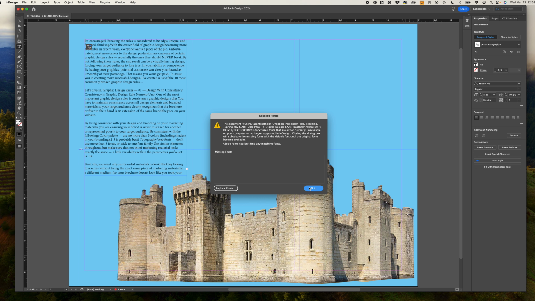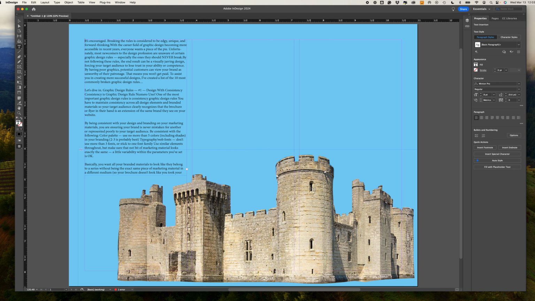And we're going to ignore the warning for the missing fonts. So you'll see it brought in text, but you also see this little red square right here. That tells us that there's overflow text. That means there's more text than this box could hold. So what we want to do is draw some more text boxes,